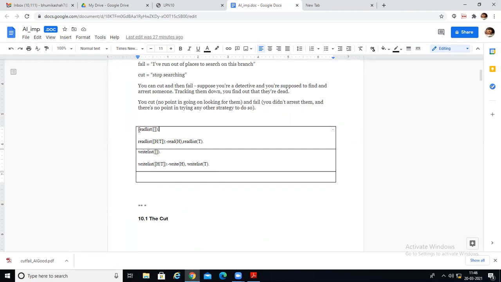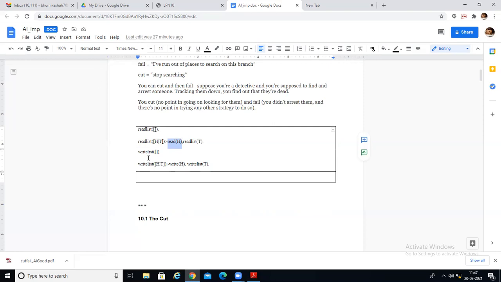As we already know that list should be made recursively. A terminating condition should be there. So over here, the read list function, the terminating condition over here is read list and empty brackets. Empty brackets indicate that it will terminate when the list is empty. Otherwise what it will do, head and tail are passed. Now see how read works. You have to pass one variable at a time. One variable at a time.